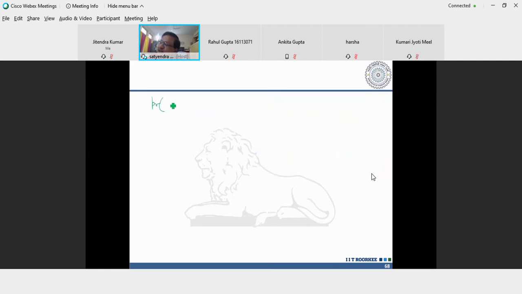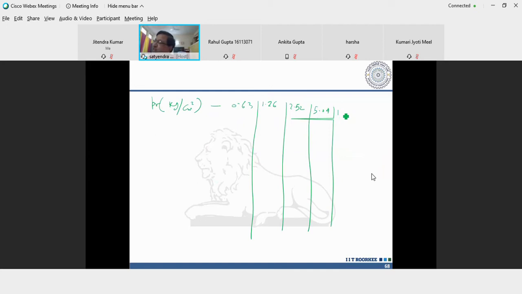So it is a pressure in kg per centimeter square, and initially it can be, say, 0.63, then double of this, 1.26, then double of this, 2.52, then 5.04, then 10.08, then 20.16 kg per centimeter square. 20.16 kg per centimeter square means 200 tons per meter square. 200 tons per meter square is quite large, you see. It means a 100-story building.